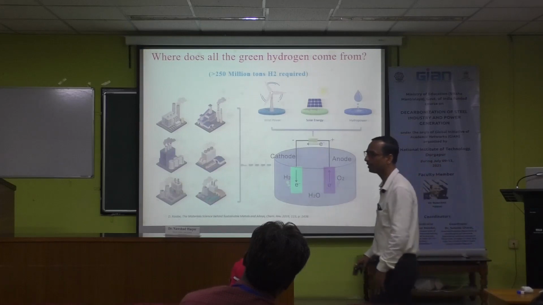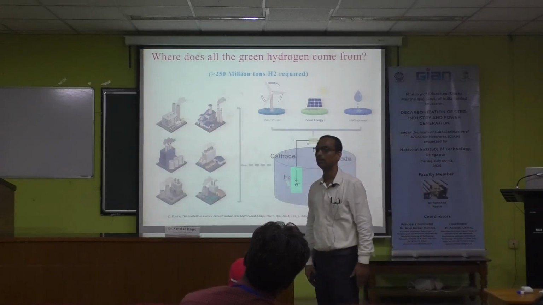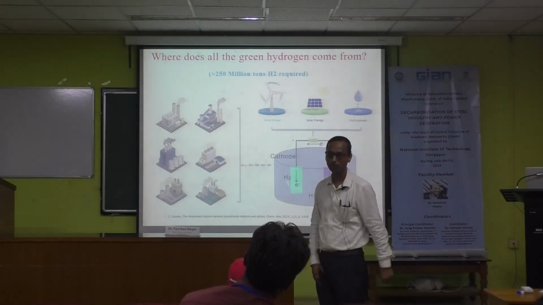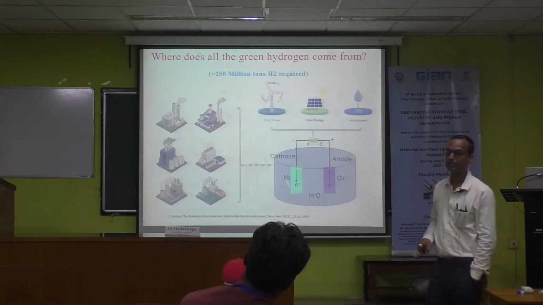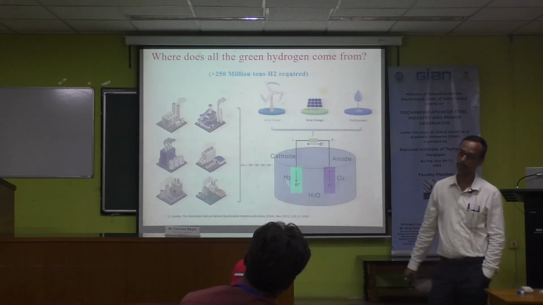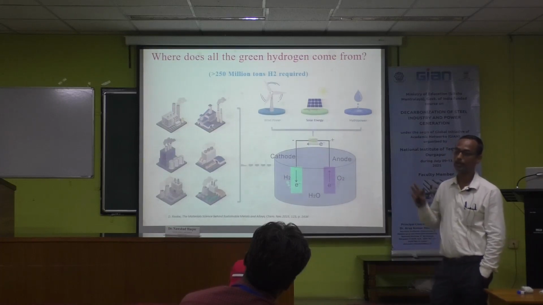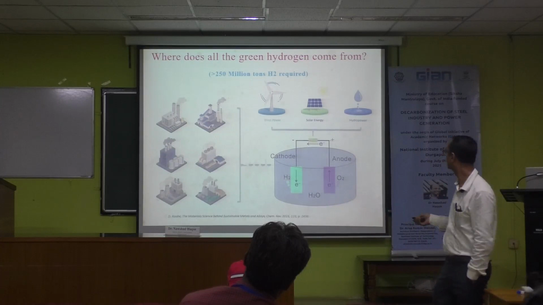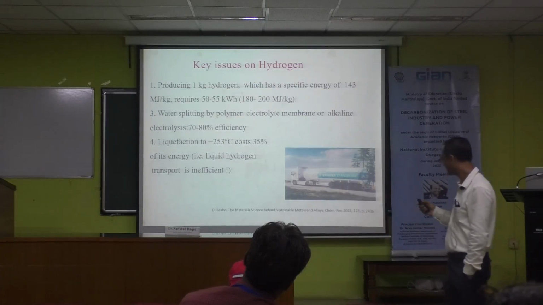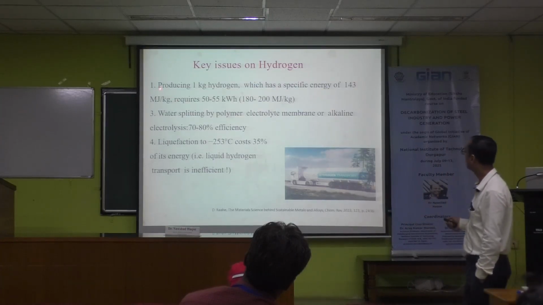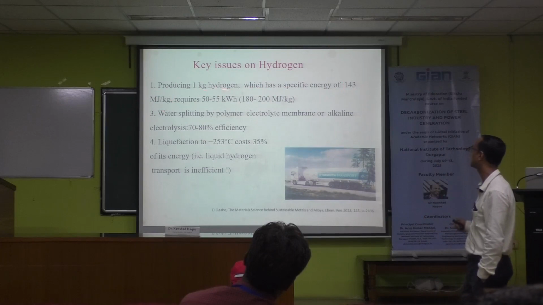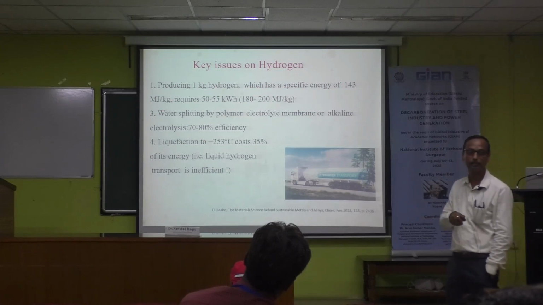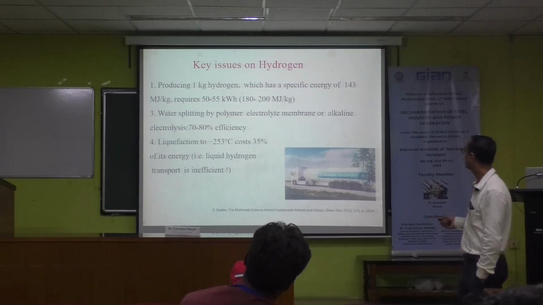Like you have an in-house oxygen plant or an in-house coke making plant, similarly an in-house hydrogen plant. This type of in-house plant is required so that you can handle the issues for hydrogen. Producing 1 kg of hydrogen, which has a specific energy of 143 megajoule per kg, requires, because I think most of that was told already,